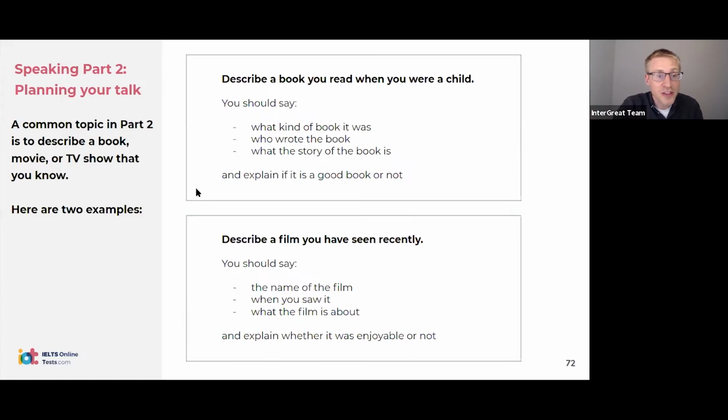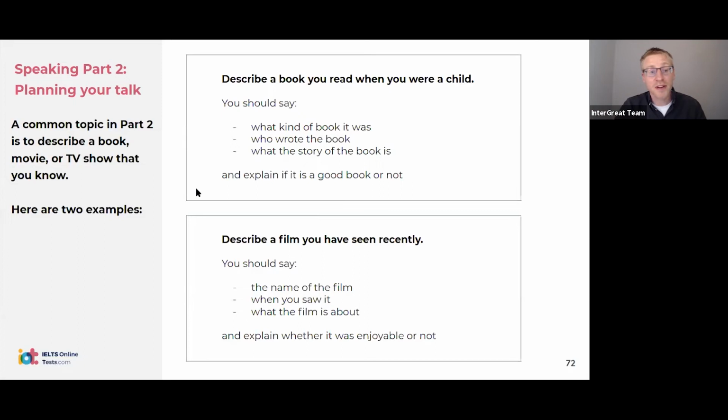So before the test, it's worth thinking about a book, a film, a TV show that you can talk about. And if the question is connected to the topic, you can just talk about that book or that film. This is very similar to the topic on the cue card, and you can mention fake names. It doesn't need to be true, okay? And also, if you don't read, Roshana, you will just need to make up your answer, okay? You can say, well, actually, I don't read very much, but a book that I did read when I was a child was this. Think of a story.